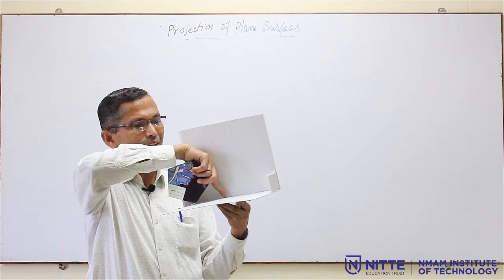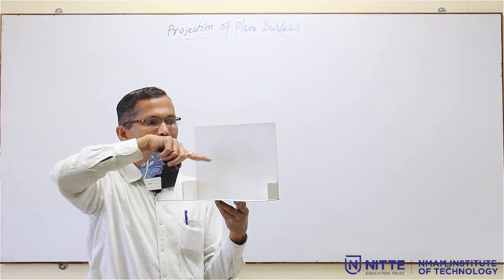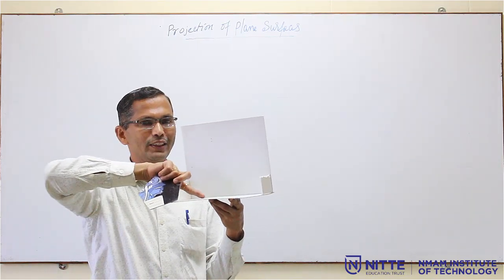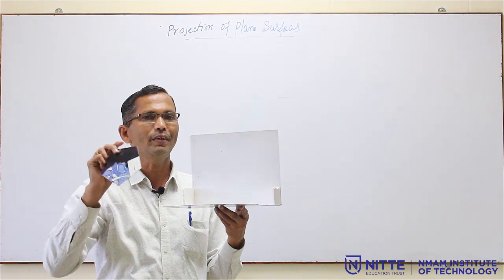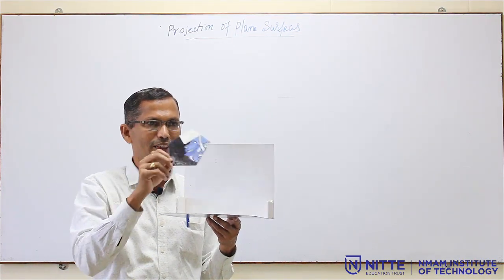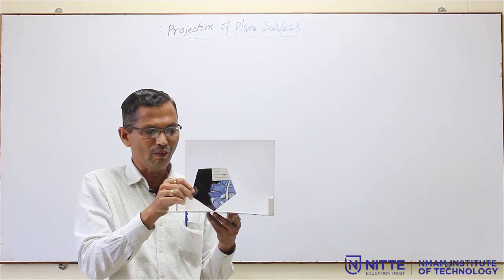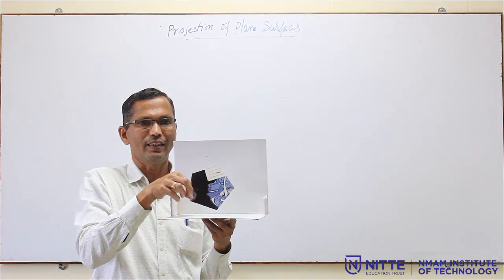You can see here, this is 90 degrees. If you join it like this, this is 90 degrees, and if this is 60, the remaining should be 30 degrees only. Simply they have given the two angles, one is 60 degrees, one is 30 degrees. It is not necessary. If only one angle is given, that is sufficient.